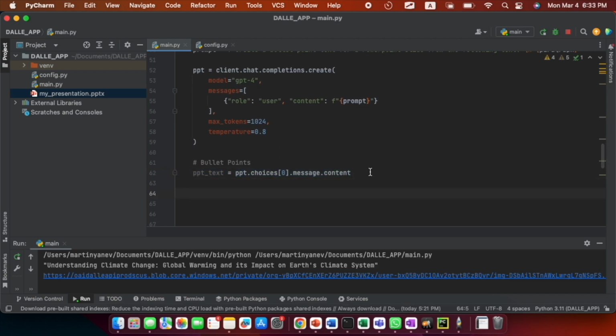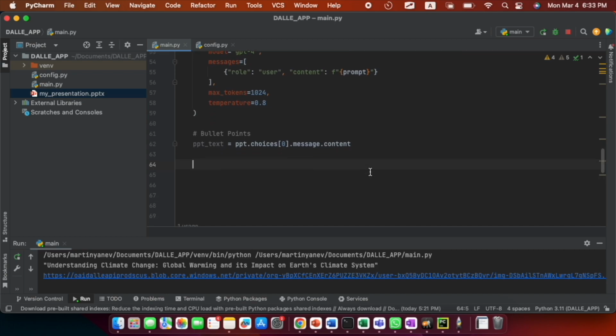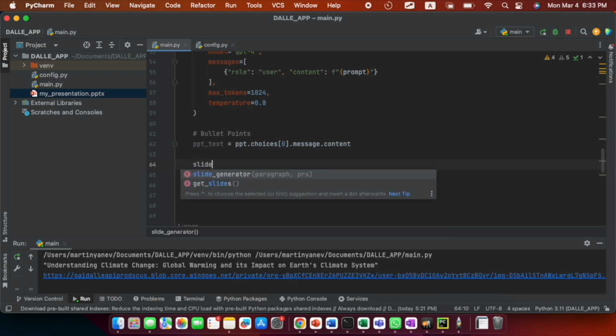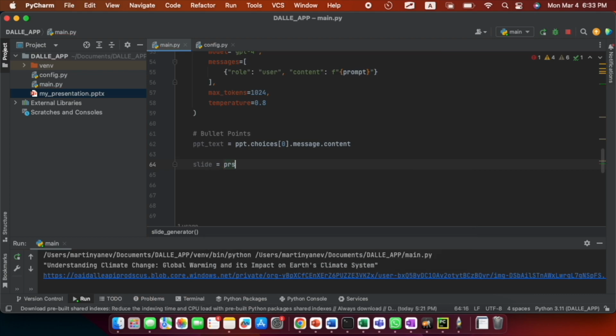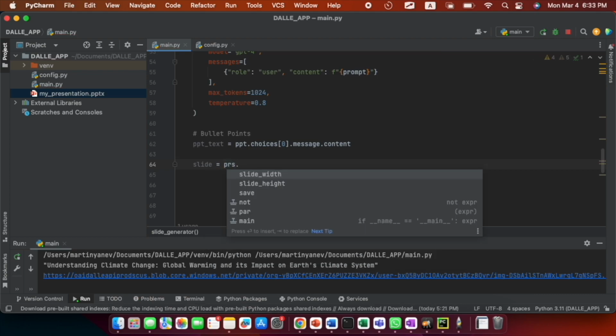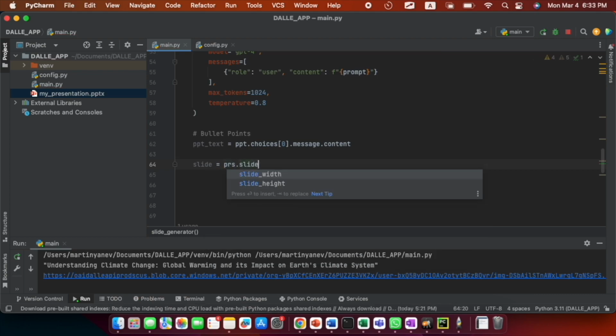Now, once we did that, the next thing will be to generate the slides. Now we have all the pieces of information that we need for creating the presentation, passing the image, generating our slides. So let's do that. Firstly, I'm going to create a slide. So let's do slide equals to prs, which is our presentation, dot slides dot add slide,